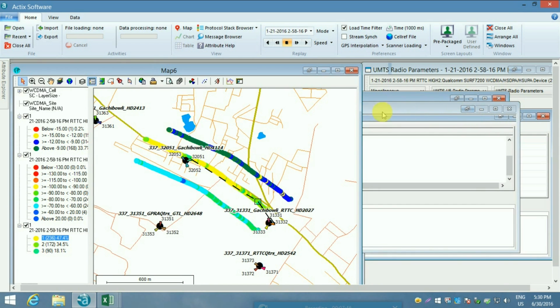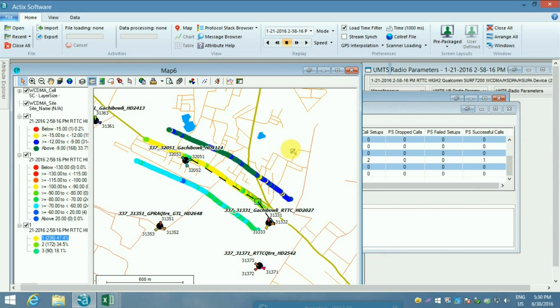Actually, optimization is not done or can never be done using software. Optimization refers to checking or reconfiguring the settings at a base station if needed, and also making a few changes at the transmitter, like changing the azimuth of a sector antenna.